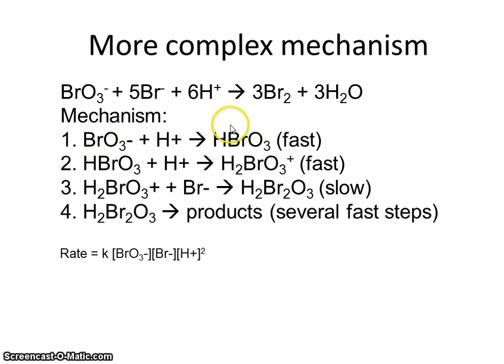There's a reaction producing an intermediate that's used up, a second intermediate that's used up. So bromide ions, H+ ions, and H+ ions are introduced into the reaction before the rate determining step. They will all have an effect on the rate of reaction. And so therefore, the rate equation is going to be the one you can see here, which involves bromide ions, bromate ions, and H+ ions squared. Why? Because H+ appears twice in